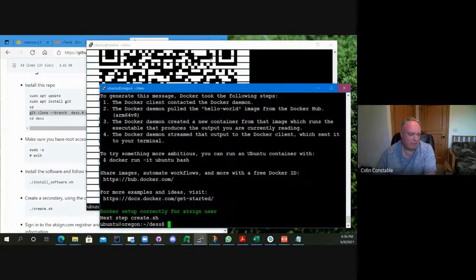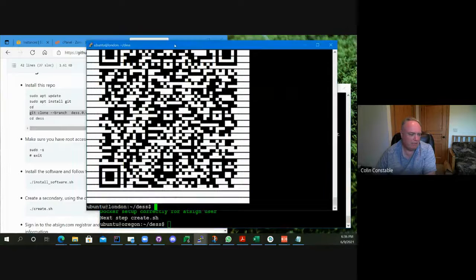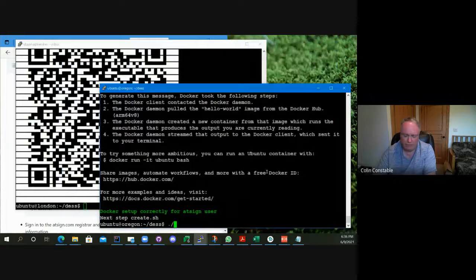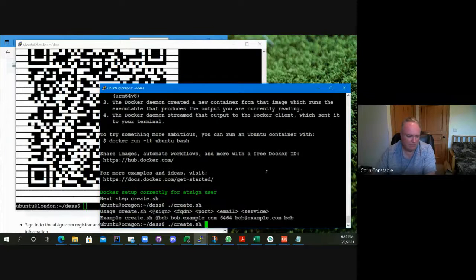So we need to do the same on the other machine. That's London. And we do a /create, and we can see the arguments. This time it's the octopus. Get my mouse to the right window.